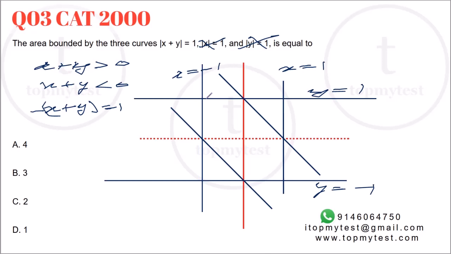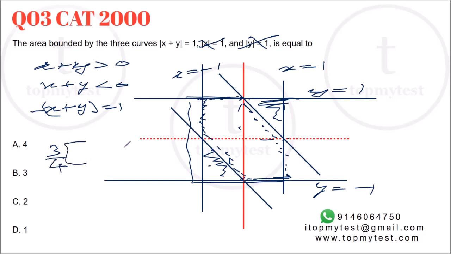Now I need to find the area of the combined portion. This is the area that you are looking for. Now, if you were to do it pretty simply, it is basically the area of the full square minus area of these two portions. And you know these two portions, when you combine, just as in the previous case, they will form a smaller square of area 1/4 the full square, which means out of the full square, 1/4 is removed, which means you're looking at 3/4 of the full area.